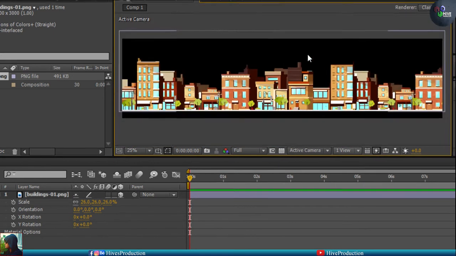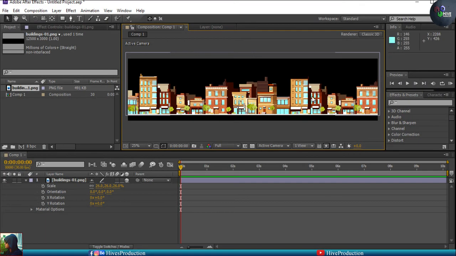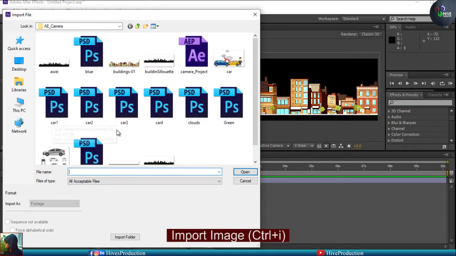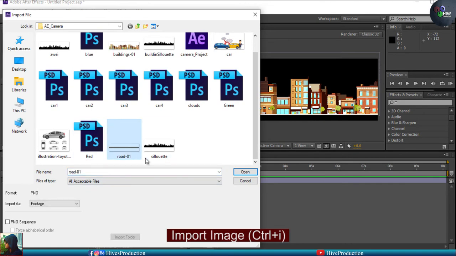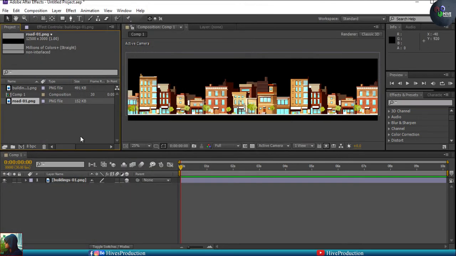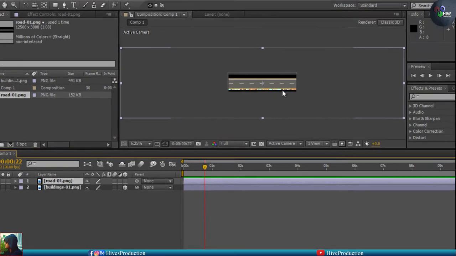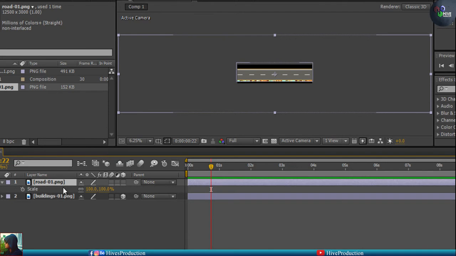So we have already created these buildings, as I have already downloaded, and you will have the link in the description below, so don't worry about that. My second step, because I have already told you that we are going to create the road scene, so definitely we need the road as well, and the road is this. Okay, so I'm going to call my road also high in size, so we have to put down the size